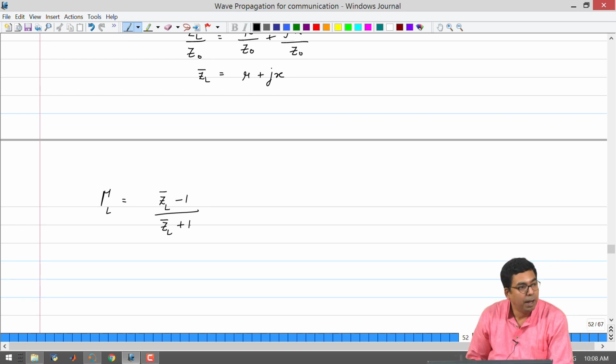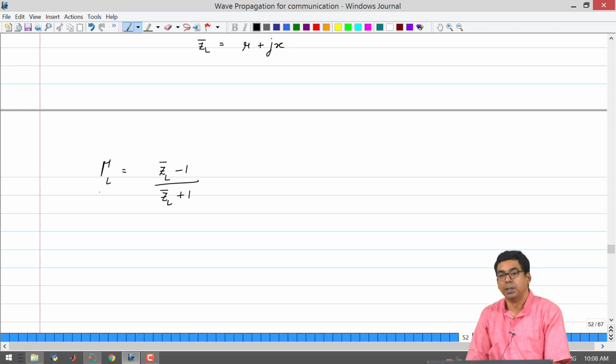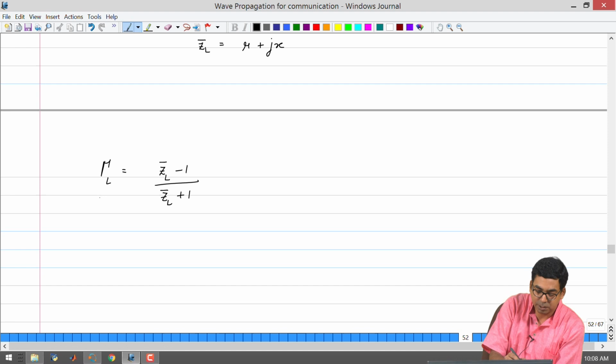Okay. So, we have just substituted the normalized load impedance in the expression for the reflection coefficient. This means that gamma itself will be a complex number. It is going to have some real part and some imaginary part. We have assumed the lossless transmission line case. So, Z0 is purely real, but we are assuming ZL to be anything, which means that in the most general case gamma is going to have a real part and an imaginary part.